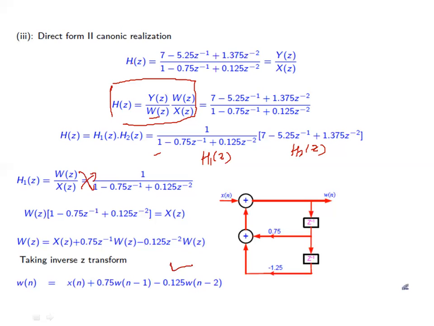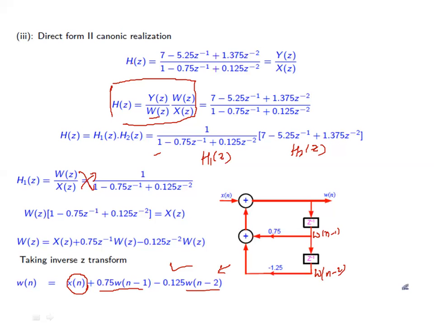Now we are realizing this equation. So here, this is w of n we want as output. First we want x of n as this part, then plus we want this as omega of n minus 1 and omega of n minus 2. So omega of n, if I pass it with this, we'll get omega of n minus 1, or this is omega of n minus 2 again. So this is the way we are realizing this equation.